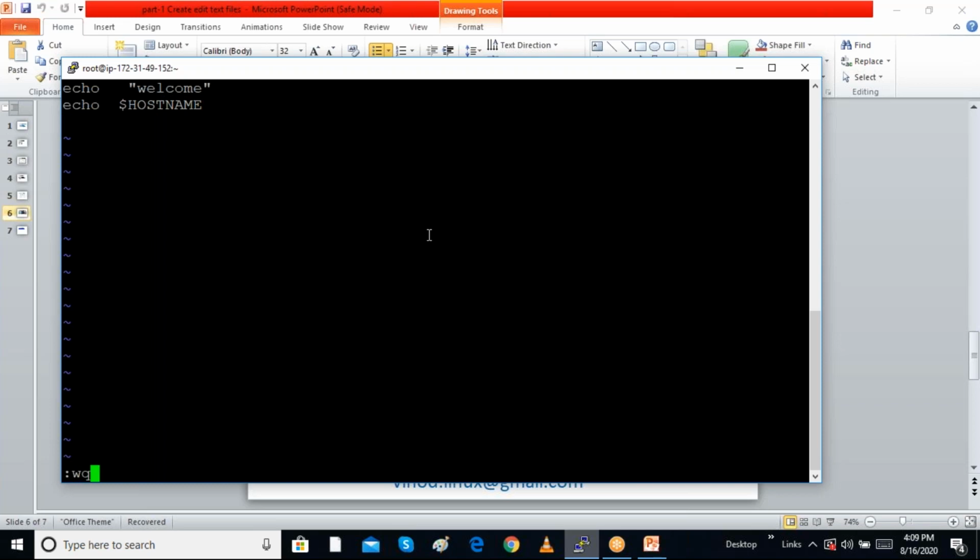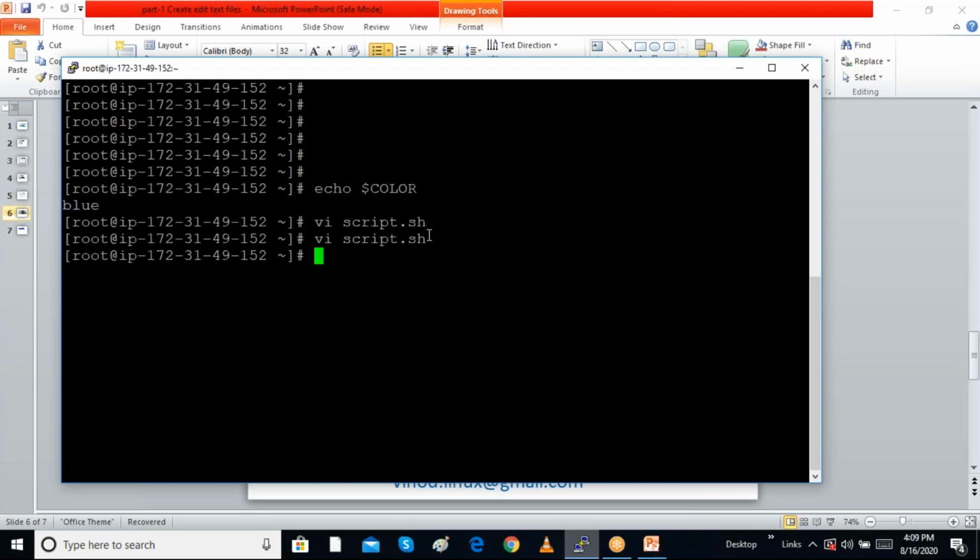I added two lines here, and I want to make this file executable. I give chmod u+x script1, making this program executable.